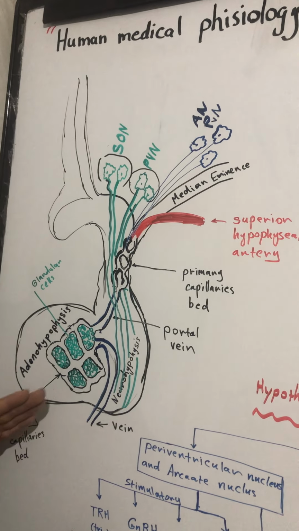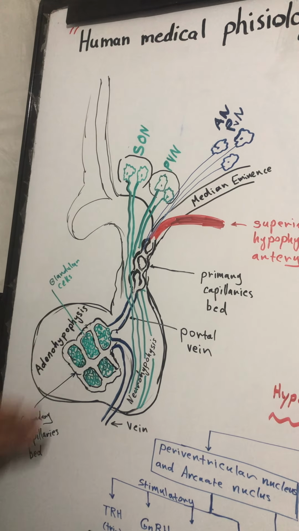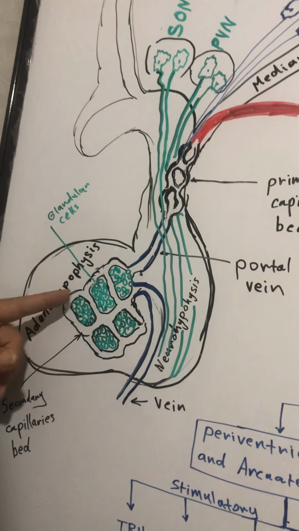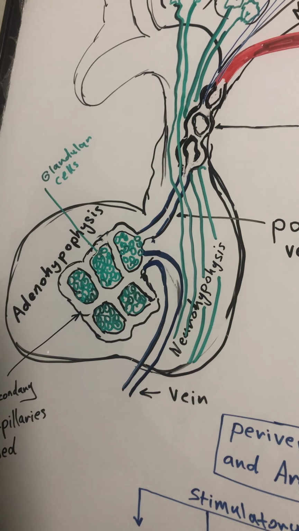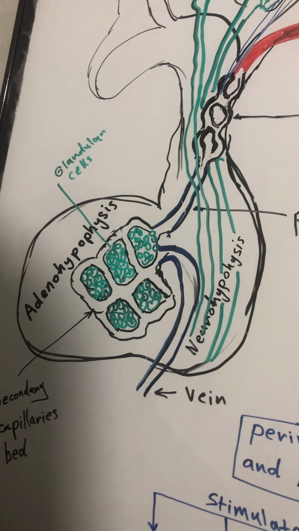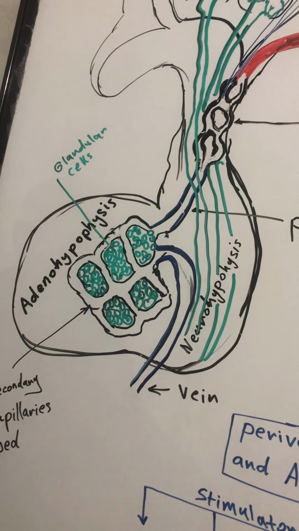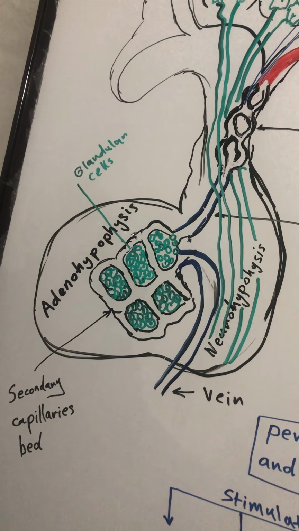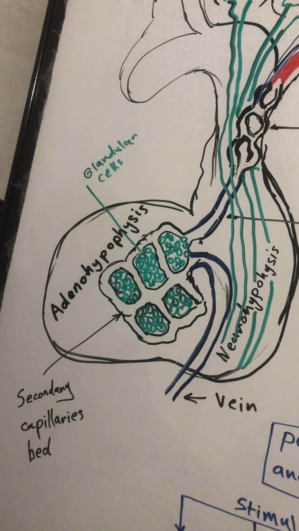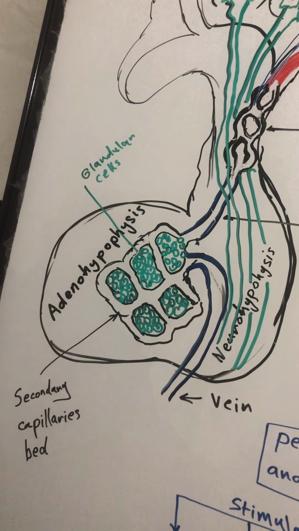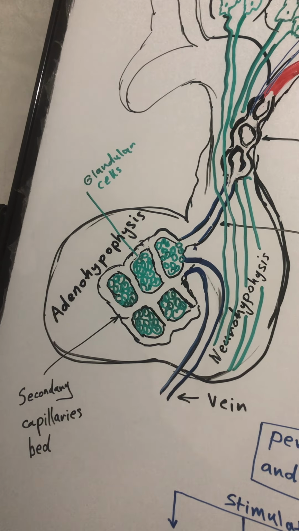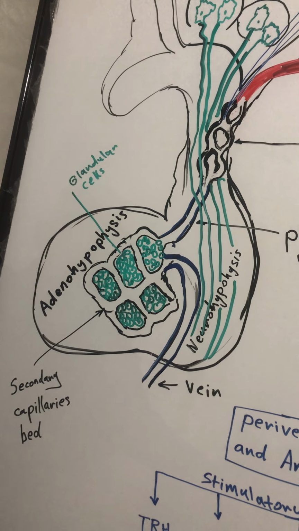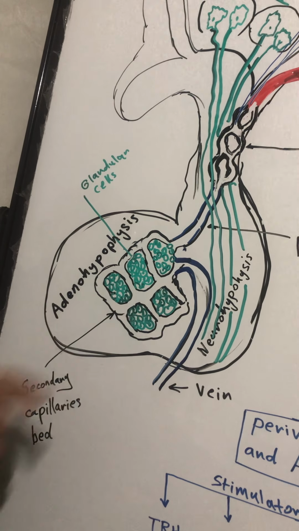While the anterior lobe of the pituitary gland is called adenohypophysis. Why? Because it is composed, as you see, from different glandular cells. Those glandular cells are called either somatotroph because they release the growth hormone, or lactotroph because they release the hormone prolactin, or the thyrotroph because they release the thyroid stimulating hormone, which later will stimulate the thyroid gland, or corticotroph,